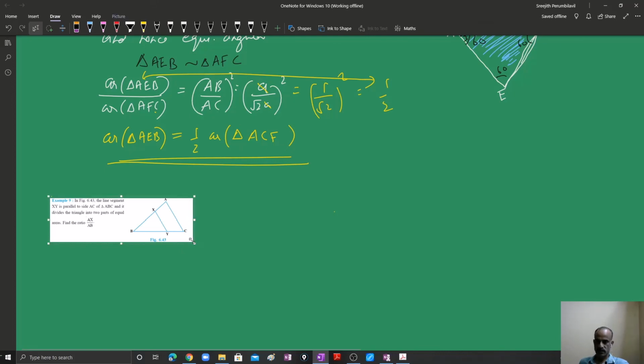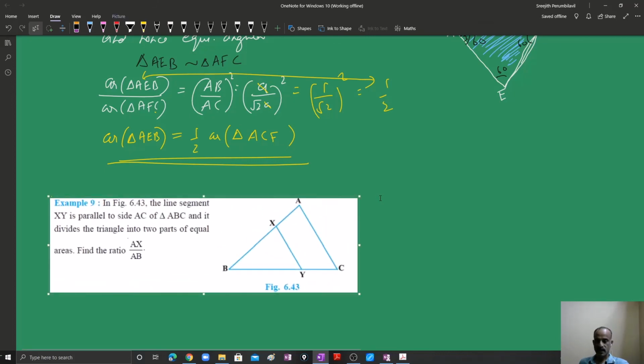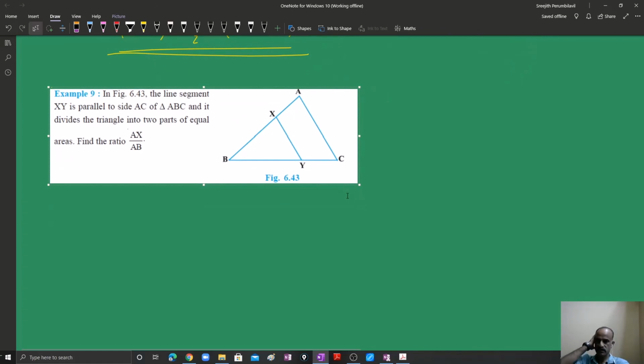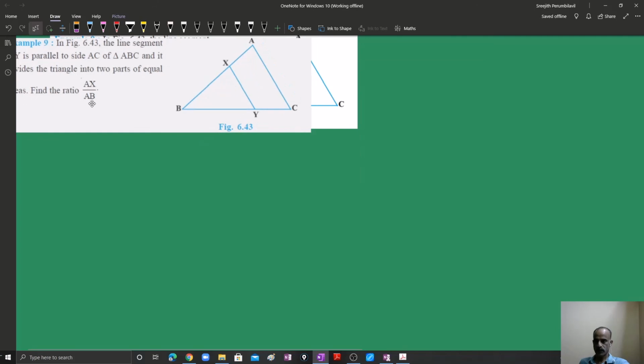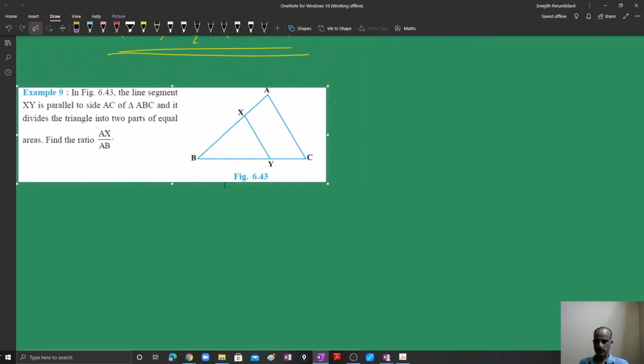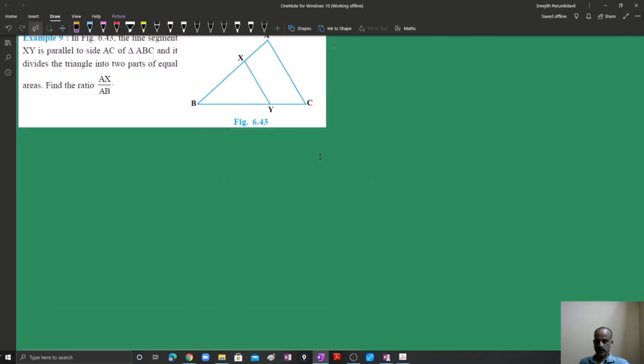This particular question can be asked as a rider question or as a separate question for a board, that is, along with the theorem, or separately it can be asked. In the figure